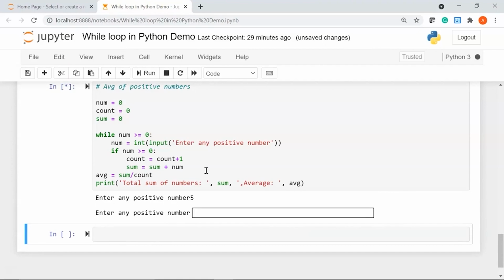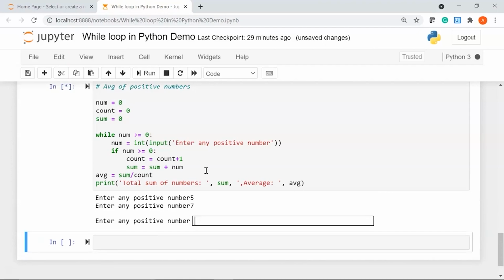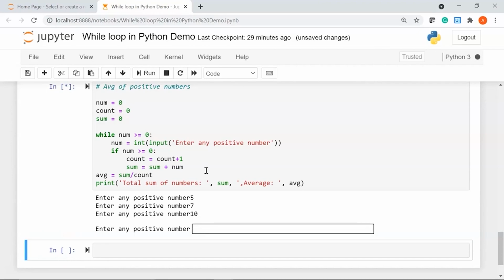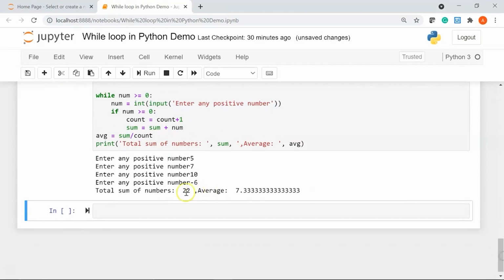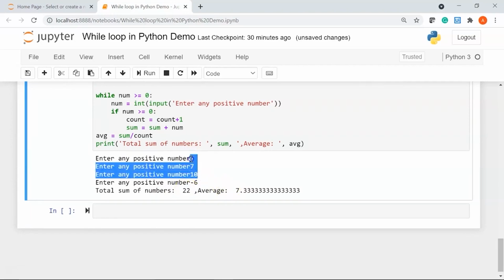I'll say 7. Let's say 10. And this time I'm going to enter a negative number, so I'll say minus 6. If I run it, you can see here the total sum of numbers 5 plus 7 plus 10 is 22, and the average is 22 divided by 3, which is 7.33.